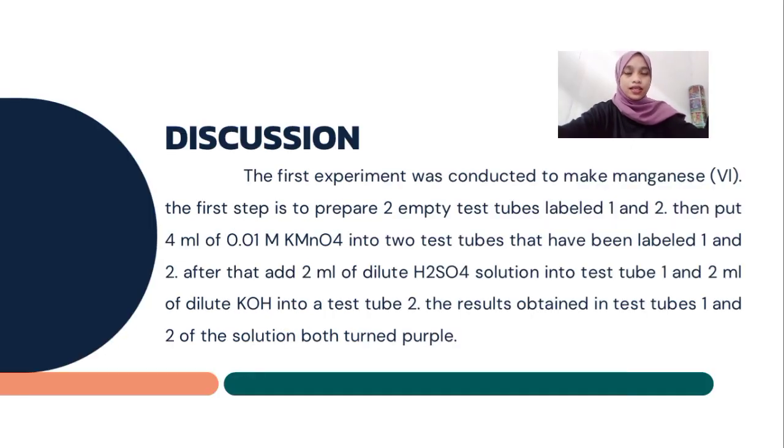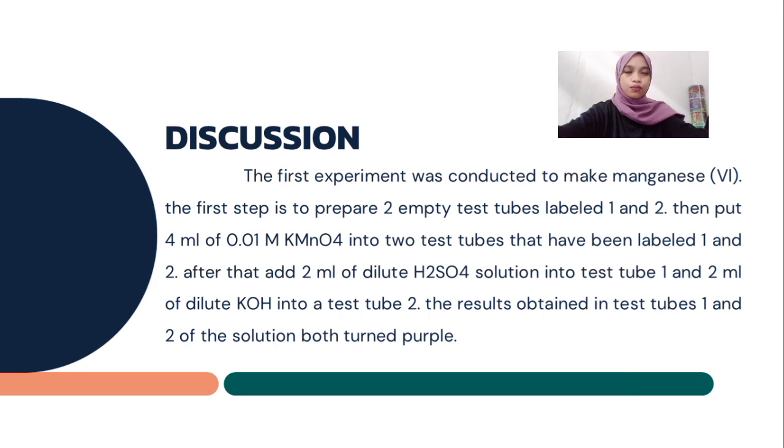Discussion of this experiment: the first experiment was conducted to make manganese 6. The first step is to prepare two empty test tubes, labeled 1 and 2. Then put 4 ml of 0.01 molar KMnO4 into the two test tubes labeled 1 and 2. After that, add 2 ml of dilute H2SO4 solution into test tube 1 and 2 ml of dilute KOH into